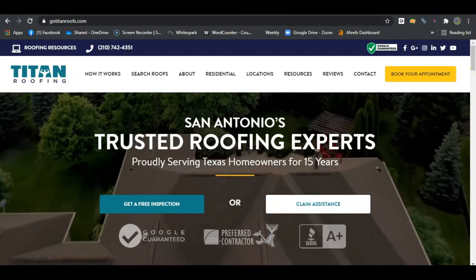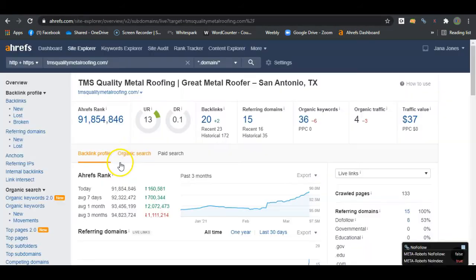Second factor is backlinks. This is a tool that I use called Ahrefs. It shows behind the scenes the power of the sites, the metrics of your site. As you can see, you guys have a pretty good amount of trust here, but you have a little bit of power. You have 15 websites sending back 20 backlinks, and you're targeting 36 organic keywords, which is only bringing you 4 searches a month and a total value of $37. As opposed to your top competitor,